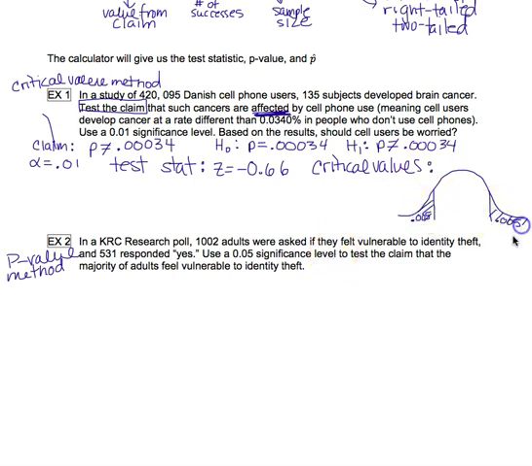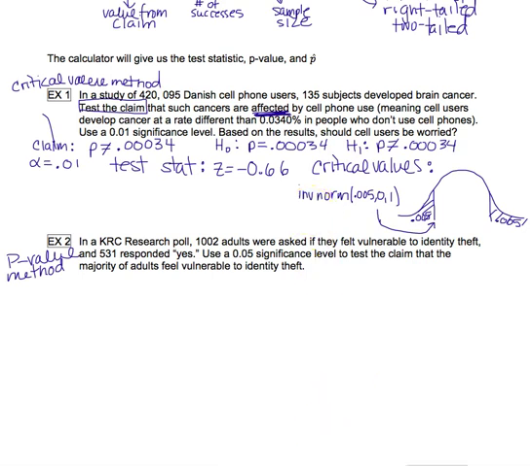Remember that with the critical value method, I'm looking to see if my test statistic falls in the rejection region. So there are 2 rejection regions here. But because my test statistic is negative, that means I really only care about this one, knowing what this value is right here. So to find this value, I'm going to do inverse norm of 0.005 with mean of 0 and standard deviation of 1, because we're always using a z-score here,